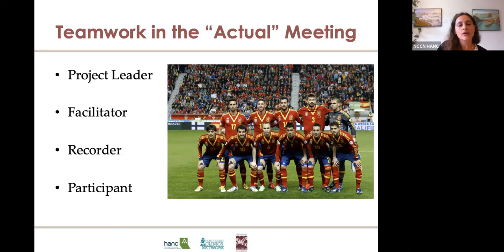And so when you're thinking about your format, focus on the action items and the conclusions, rather than trying to capture every little thing that was said or done in the meeting. It will make the recorder very happy and the team very happy.